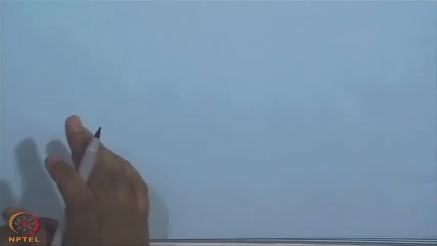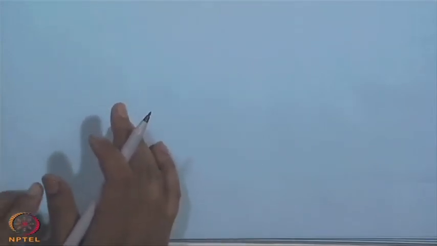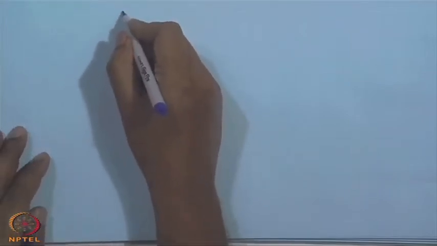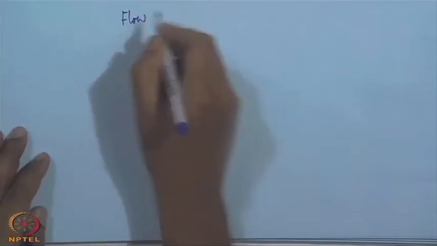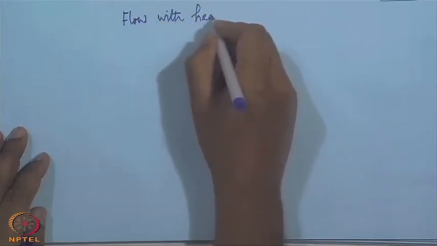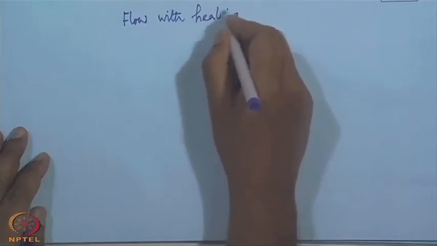Now, we have already considered flow with area variation without friction and heat exchange. Then we have considered flow with friction without area variation and heat exchange, and now we will consider flow with heating or cooling, but no area variation and no friction, and of course, as before the duct is uniform. So, flow with heating or cooling is the topic of our discussion today,